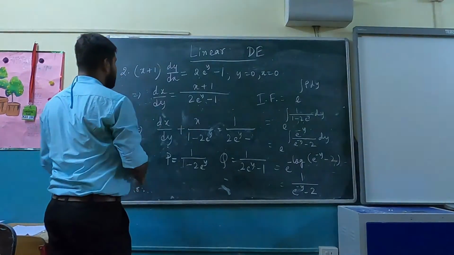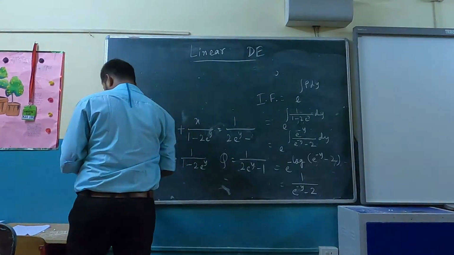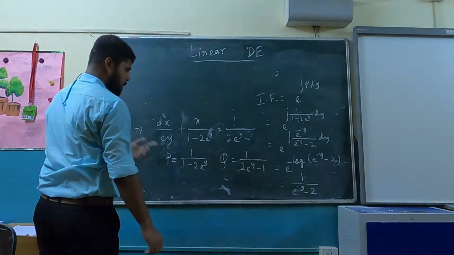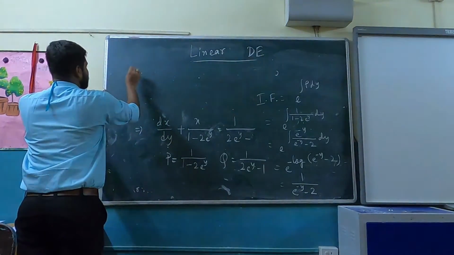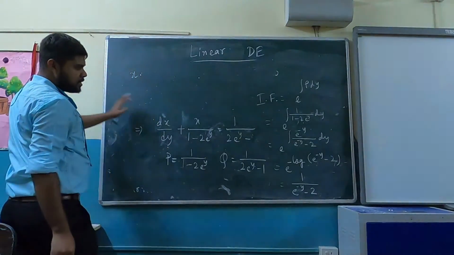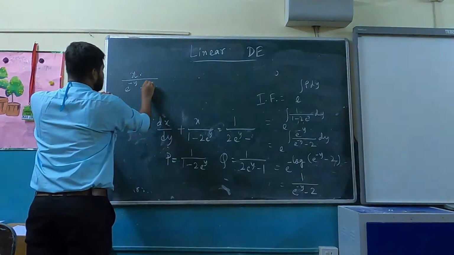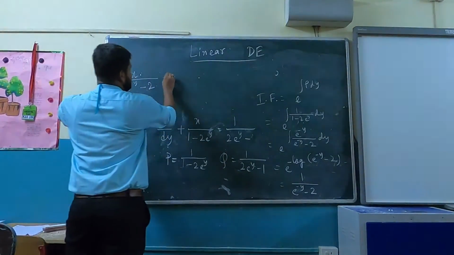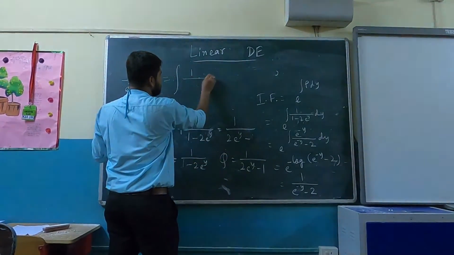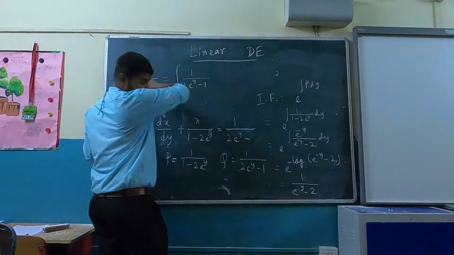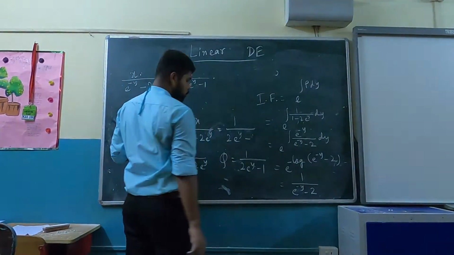So therefore x into that, so x by e to the power minus 1 minus 2 is equals to integration Q. Q is this, so this is 1 by 2 e to the power minus 1 into